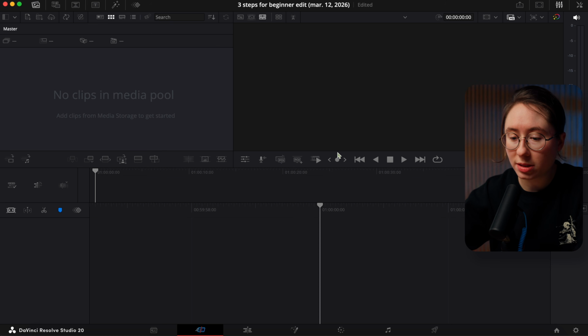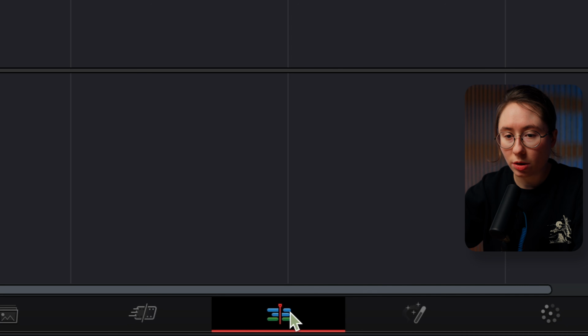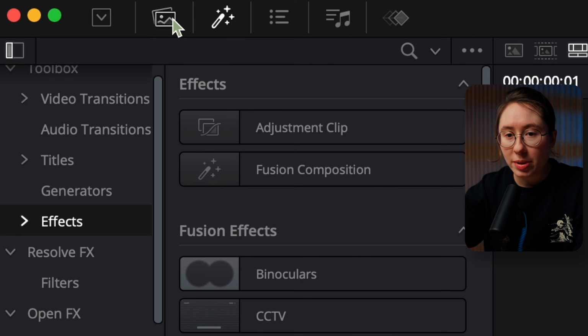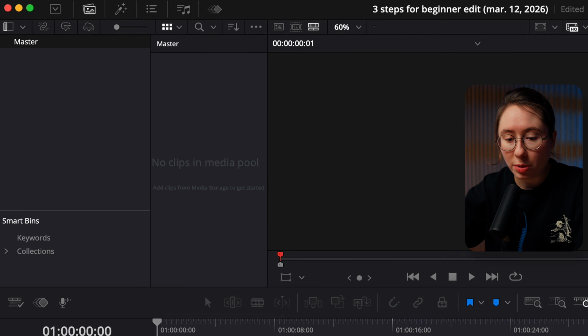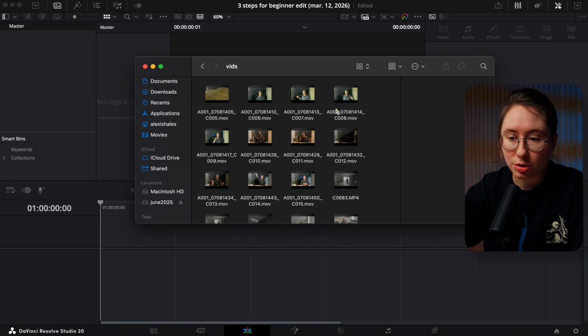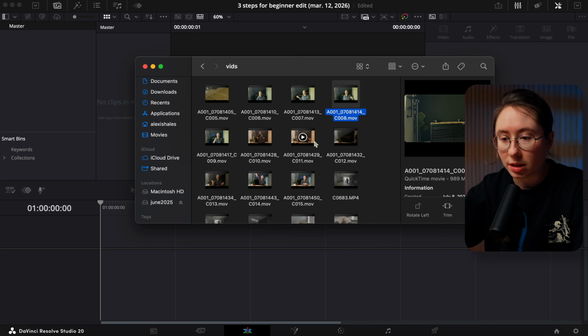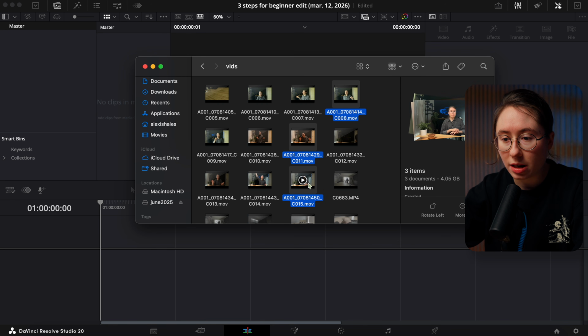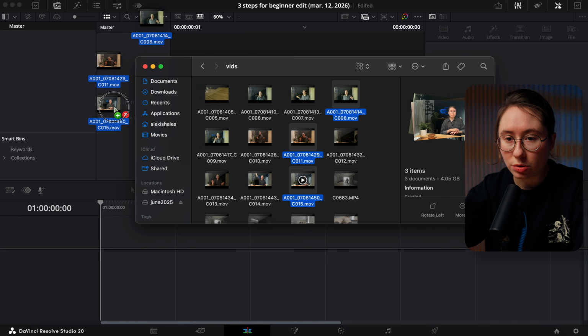Once that project opens up, you're going to click right down here on the edit page, and up at the top left corner, you're going to open up your media pool. Now you'll open Finder or wherever you have your files stored on your computer. You're going to select which videos you want to bring in and just drag and drop those right over here